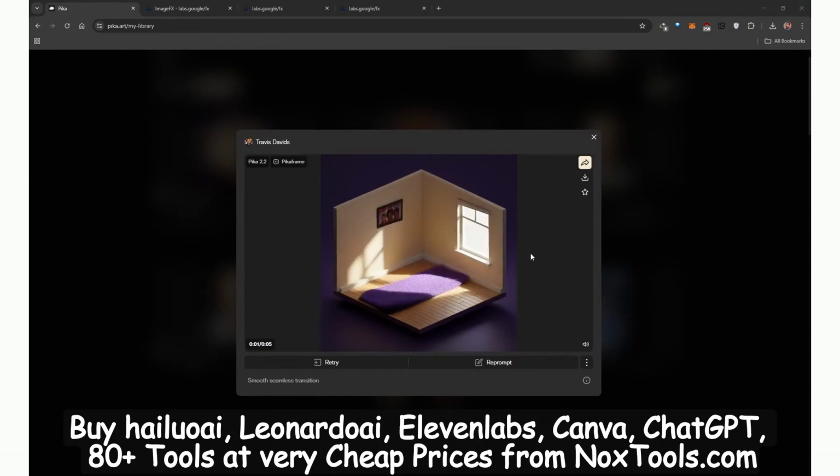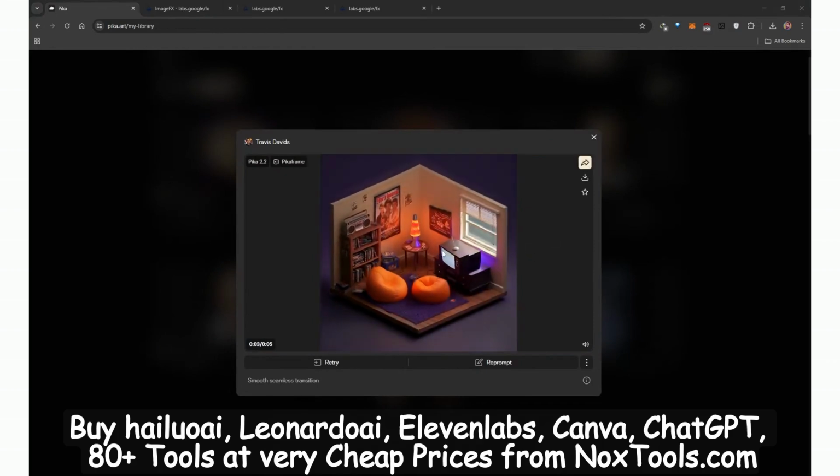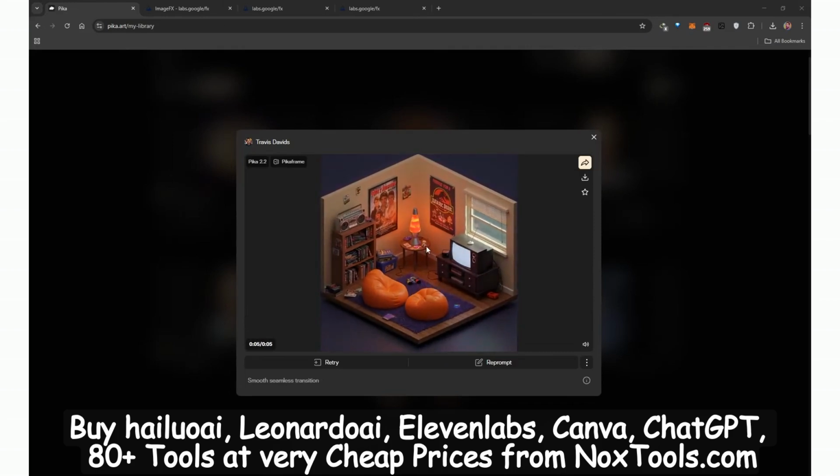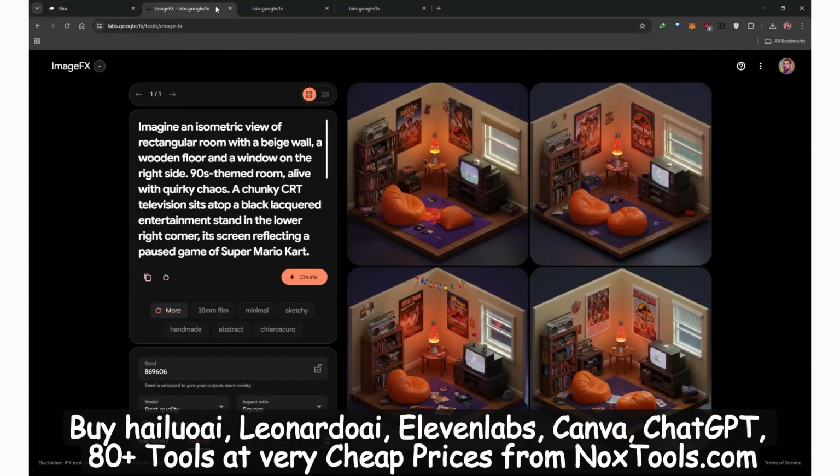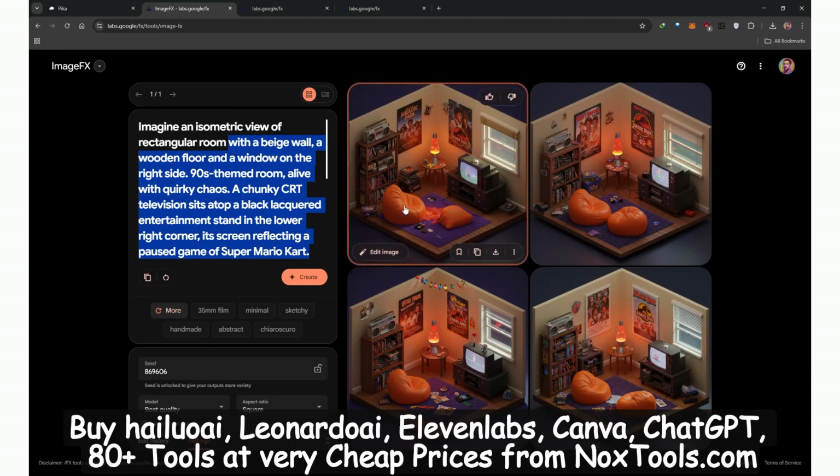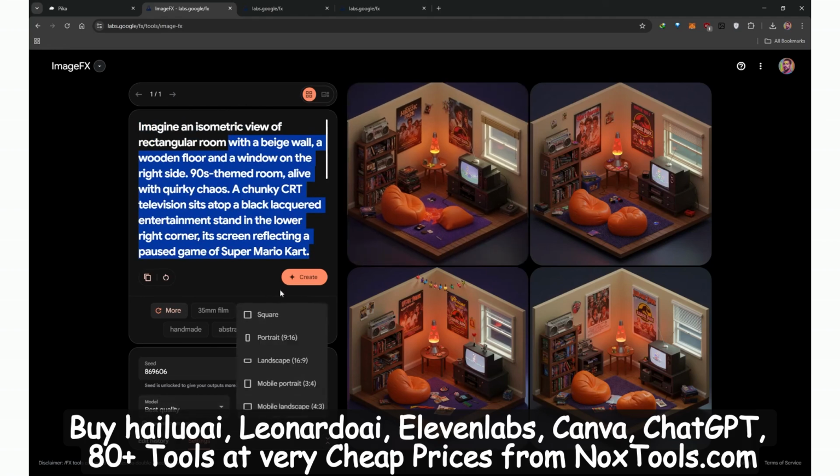You can easily generate these awesome isometric video animations, and you can generate the images to do this for free. So if you guys head over to Google's ImageFX, you can use Imagen 3, and this is the prompt that I'm using. The most important part of this prompt is to type in, imagine an isometric view of a rectangular room. And then you guys can describe all of the other elements that are supposed to be in this room. So I went for something that's 90s themed with a CRT television and all of these other elements. Also make sure the aspect ratio is square so that you can see the entirety of this isometric